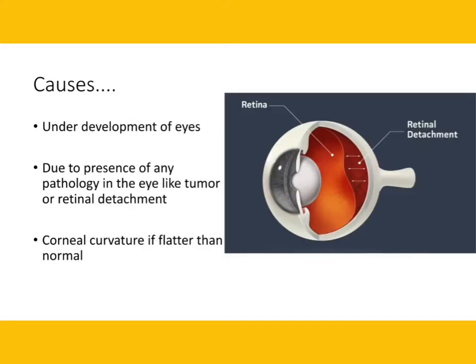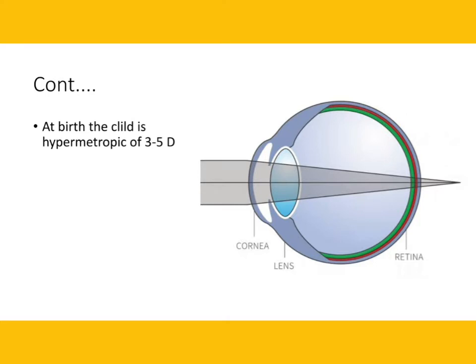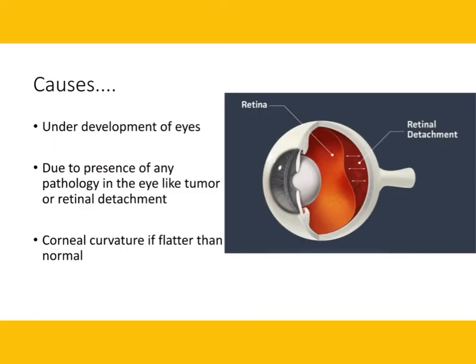So what are the causes or etiology of hypermetropia? As I showed in this slide, a child after birth has hypermetropia of 3 to 5 diopter. Why? Because in children after birth, the eyeball size remains very small. The normal axial length of the eye is 24.4 millimeter, while after birth the child's eyeball size is about 17 millimeter. Look at the difference, how small the eyeball of the child is. This is why the light rays are getting focused behind the retina, producing hypermetropia.